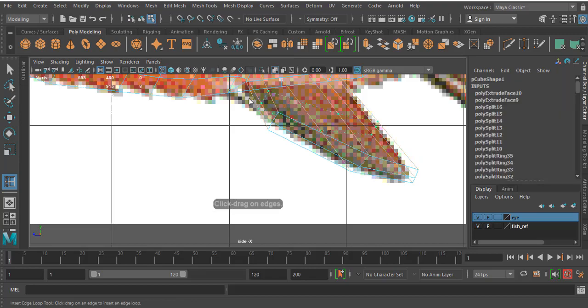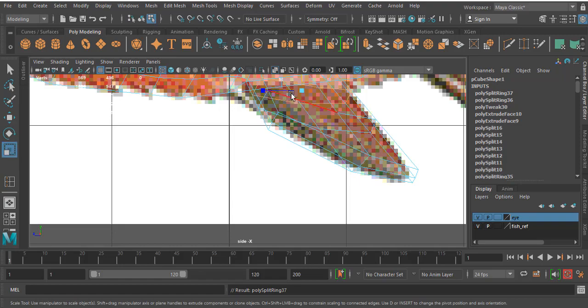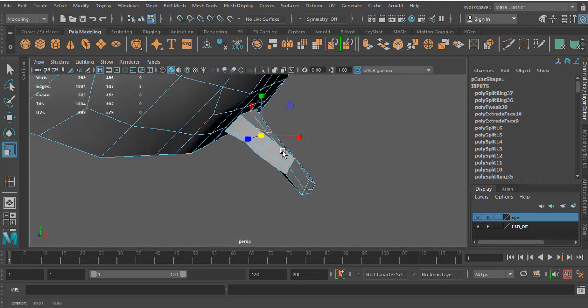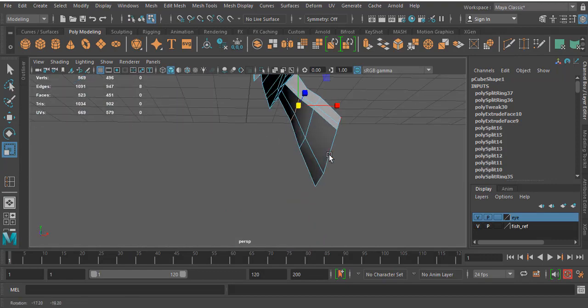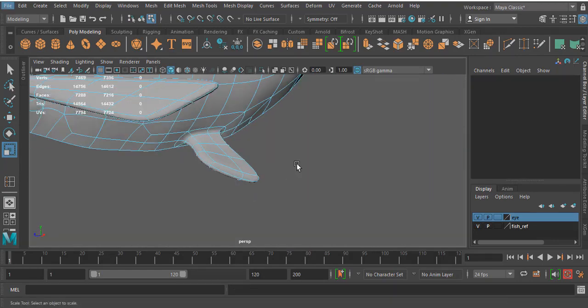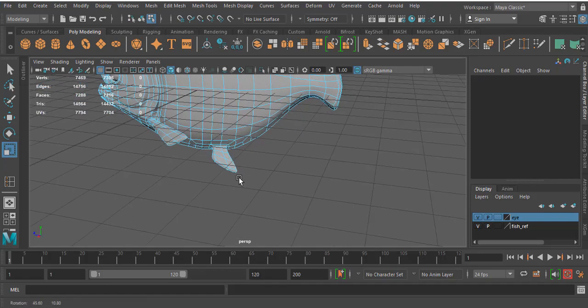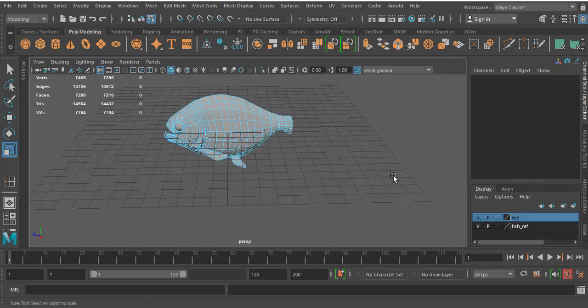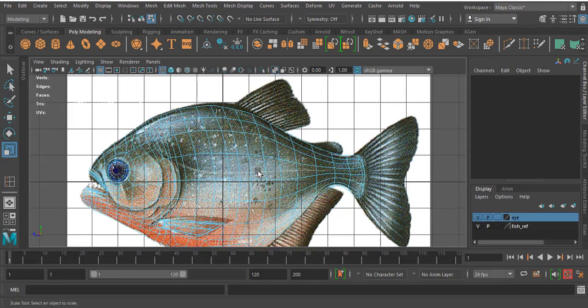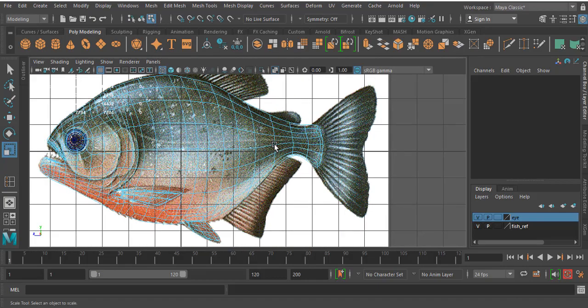So let's loop, place the loop, tail next. So that area is over.